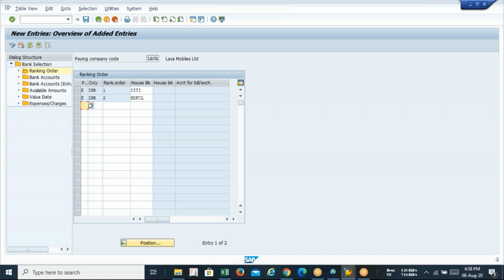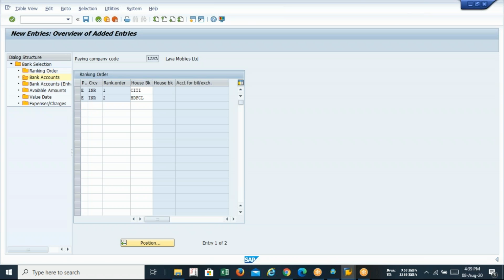I need to make a payment to a vendor, but my account balance is not sufficient to clear such payment. That's why I need to assign more bank accounts, so that will support running such payment. Now move on to the next part, bank accounts.